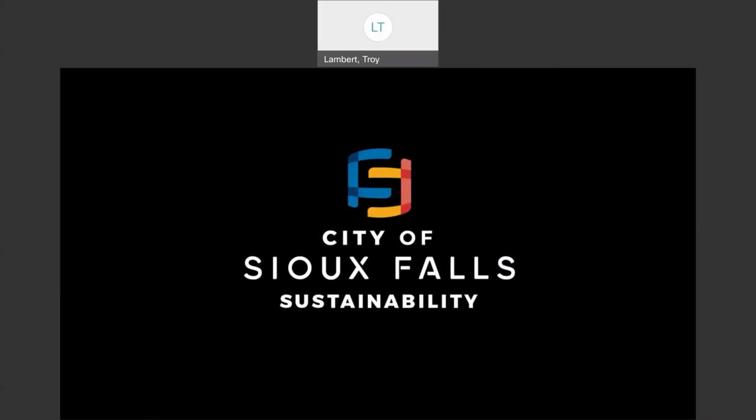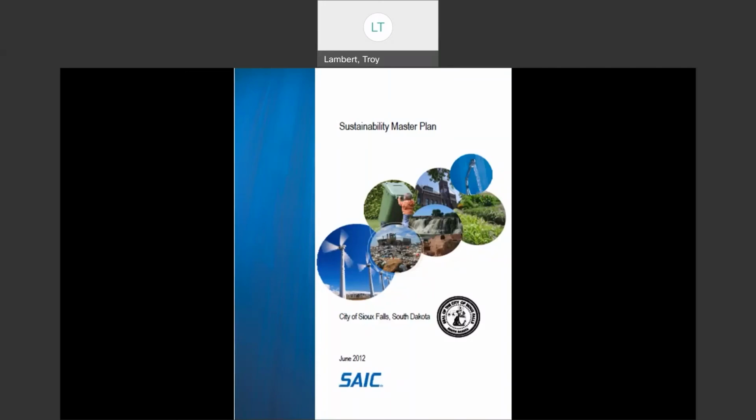So the city of Sioux Falls has been working on sustainability formally since about 2009, so over a decade. Prior to that, of course, the city, prior to my time, had protected natural resources, but formally it was about 2009. And then in 2012, the city created its first sustainability master plan. This was a really important document to set goals along the lines of increasing recycling percentages, decreasing waste, getting rid of waste properly, increasing water conservation, increasing water quality, a lot of different things it helps set the path for.